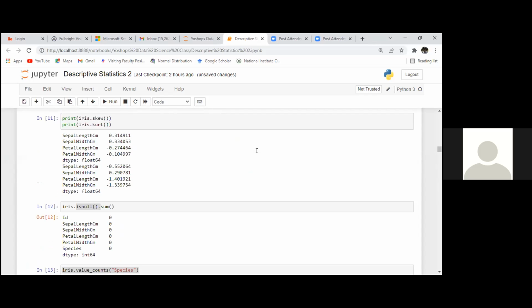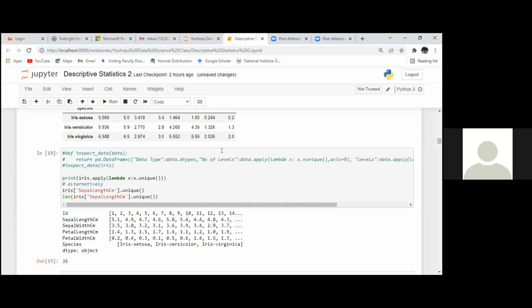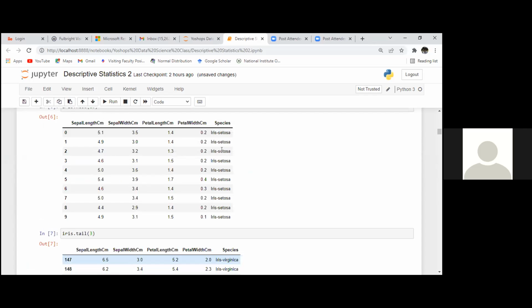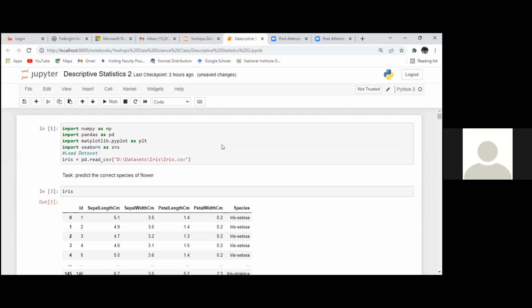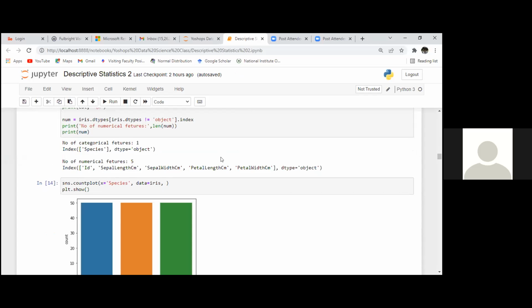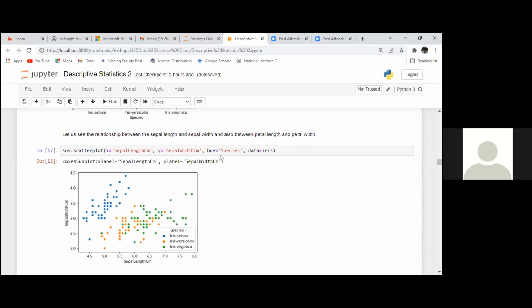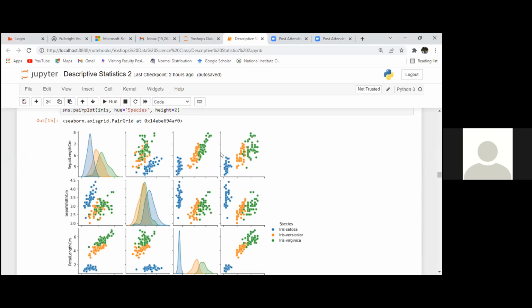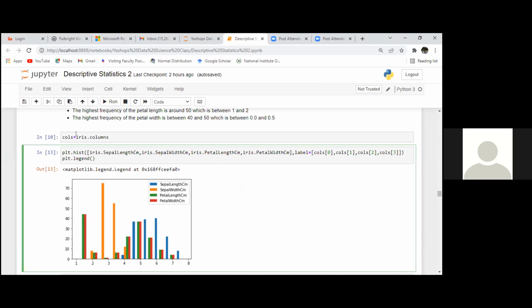Somewhere here. Where is it? I had extracted the names of the columns somewhere. No, where is it? Oh, here it is. Yes, iris.columns. If you use this columns function,